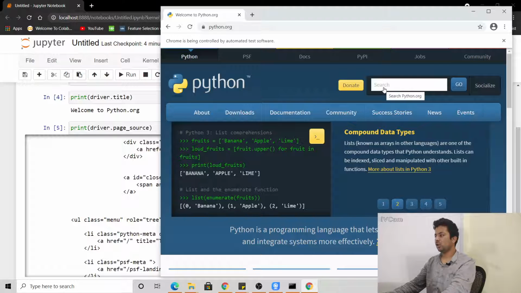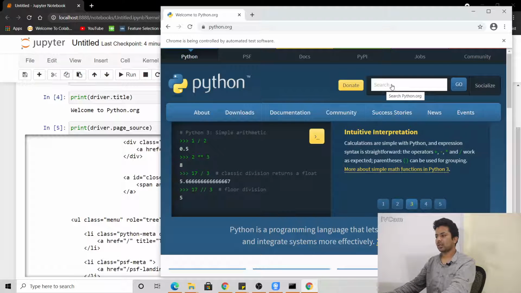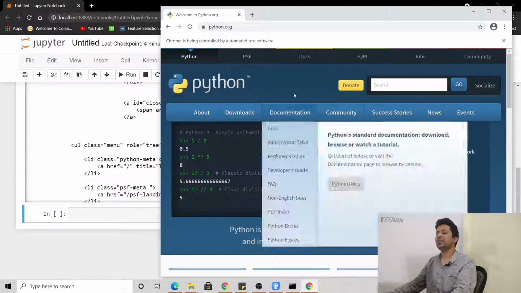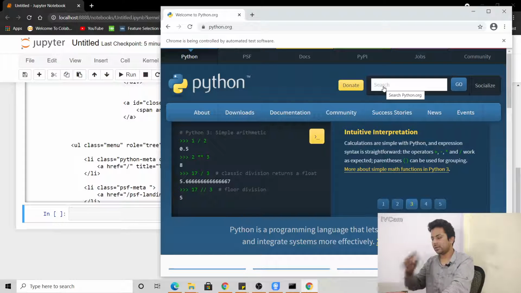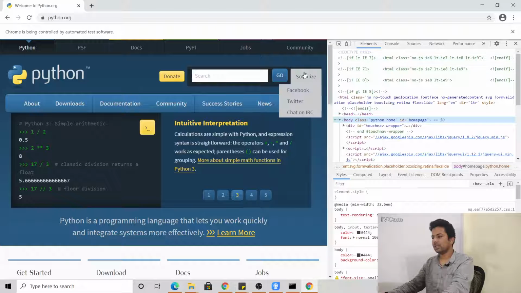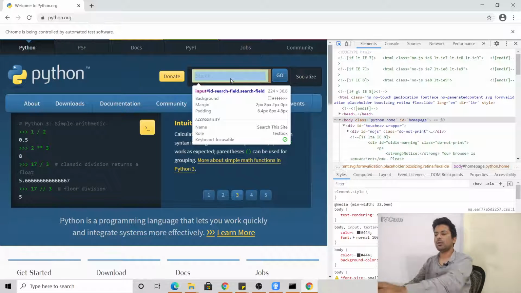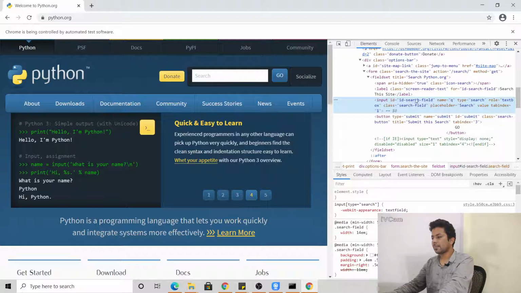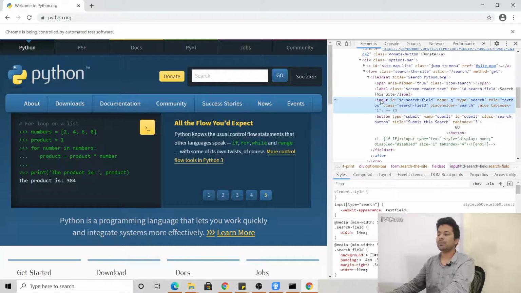Now suppose you want to get this field. You want to enter something here. Now the main name is starting, and you want to enter something here. So you'll do inspect. Let me just make it bigger. You'll click here, since you want to put some input data here, and you can see it's an input tag. You should know a little bit of HTML, so that's the way you can use Selenium.